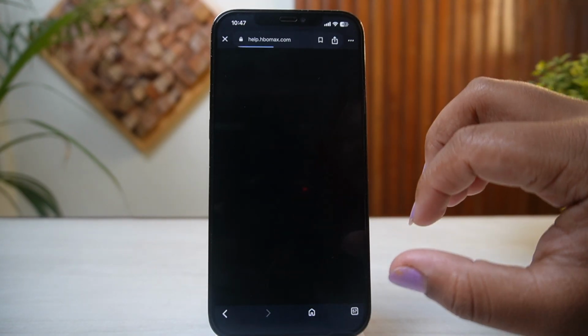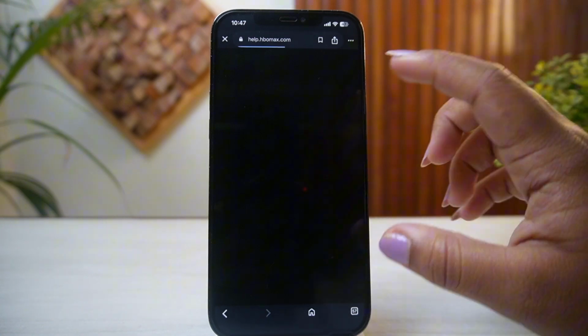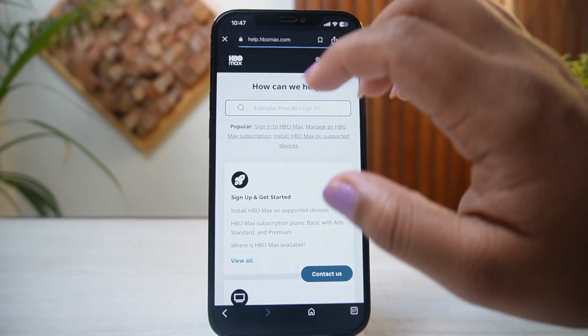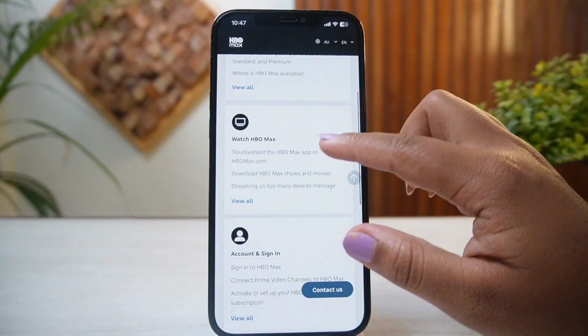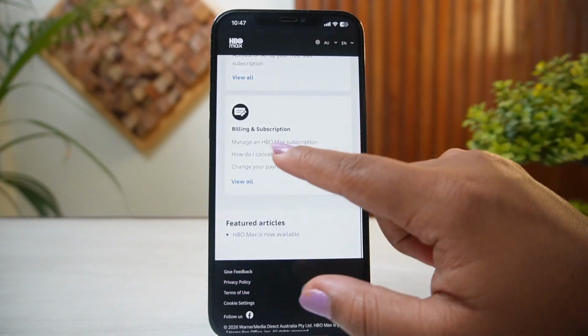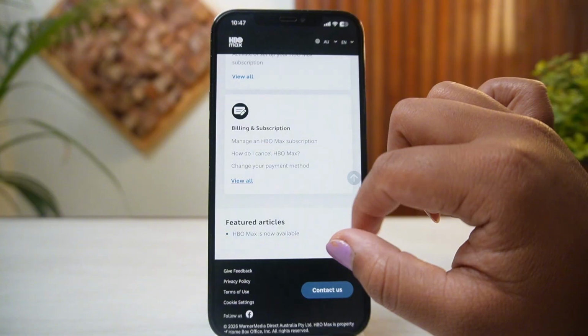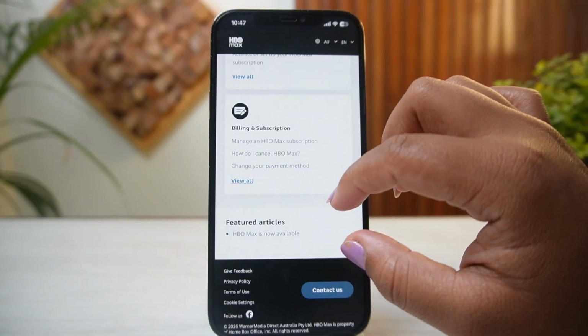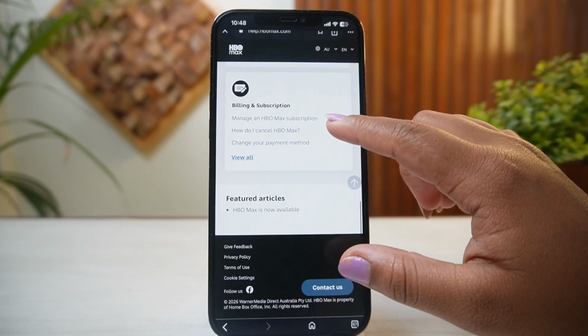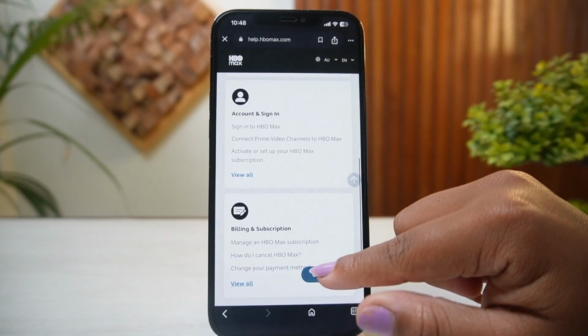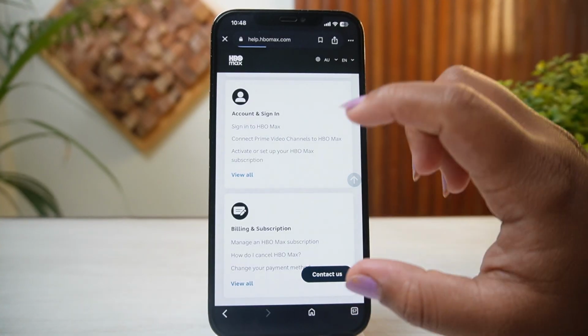So when you do get into the help, you'll need to select your exact issue regarding your billing and subscription, right? So what you're going to do is simply search for your billing and subscription option right here. Then you can tap on view all, and in here what you're going to do is simply try to contact them. You can tap on the contact us option right here too,